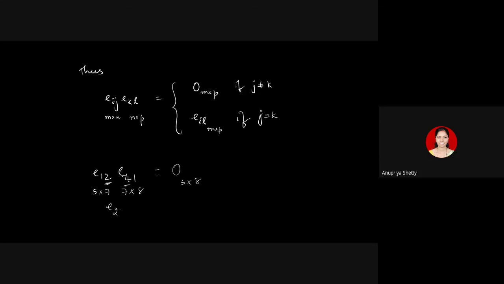If I take E23, multiply it with say E41, this is a 0 matrix. And if the first one is of order say 5 by 5, and if the next one is of order 5 by 2, this will be a 0 matrix of order